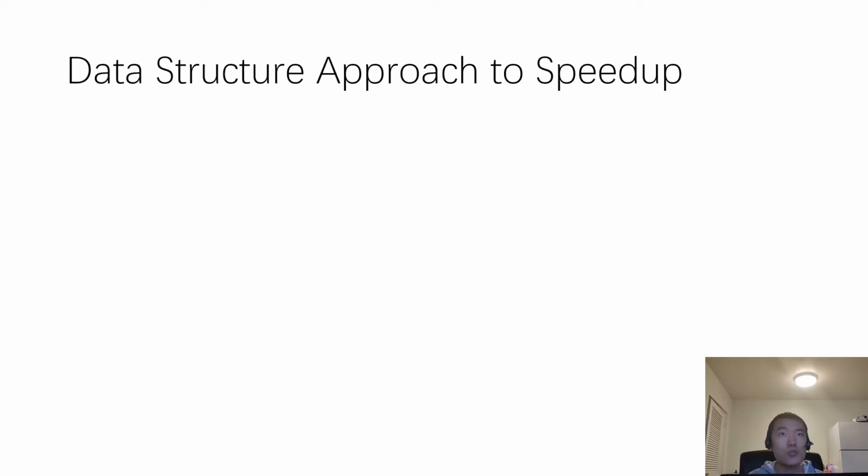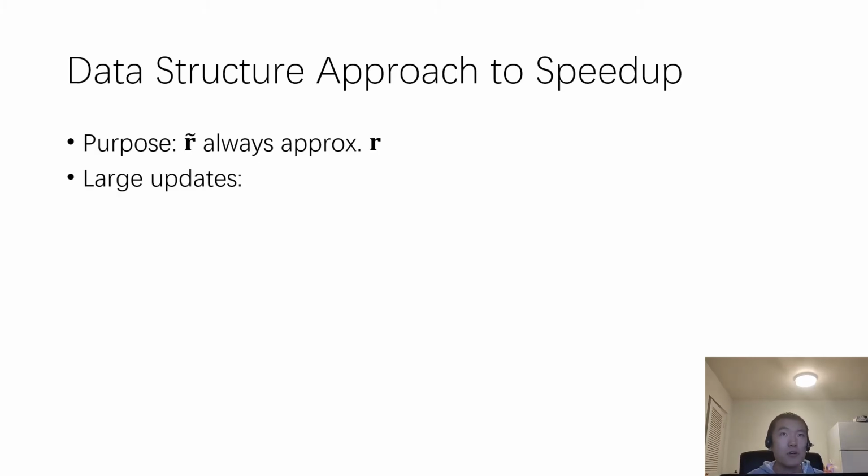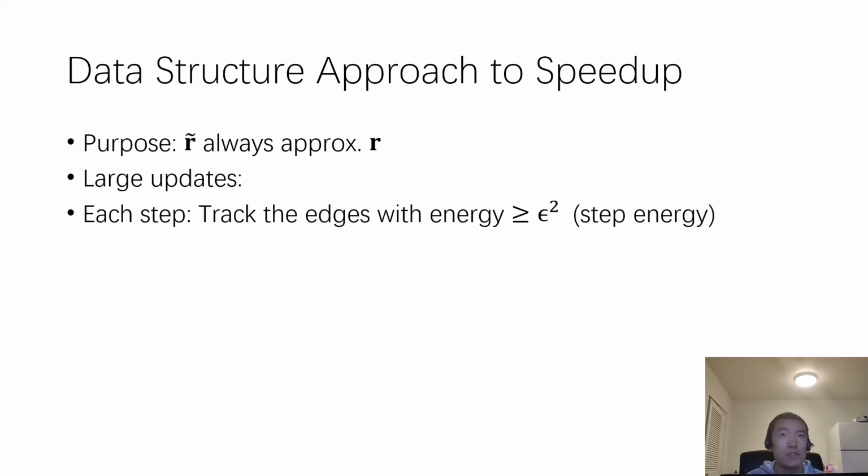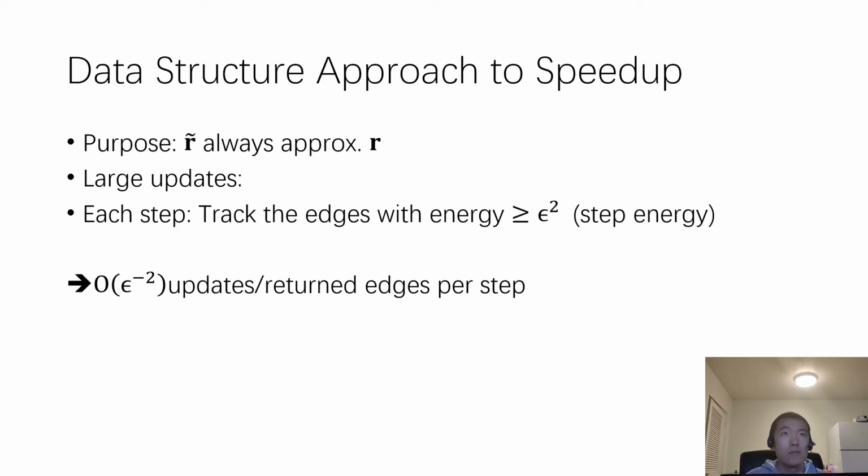And the following is a short version of how the trade-off on runtime works. We have two kinds of edge updates. We use data structures to track the large updates in every step, and the small updates are updated in batch. So we first count the number of large updates in each step. This corresponds to the number of edges with a large fraction of the total energy in the electrical flow. So if we track the edges with at least epsilon squared fraction of the total energy, then there are epsilon negative 2 such edges per step. So since the total number of steps is square root of m, we have square root m epsilon negative 2